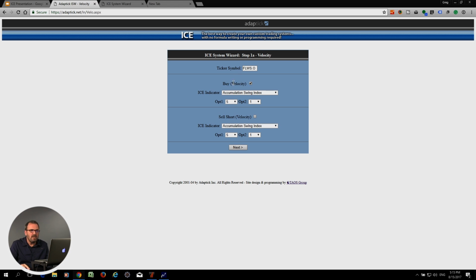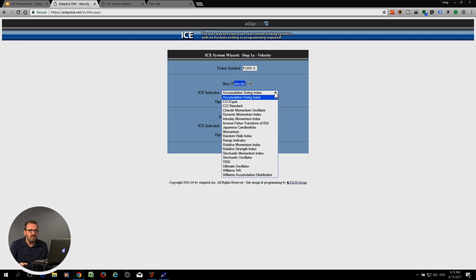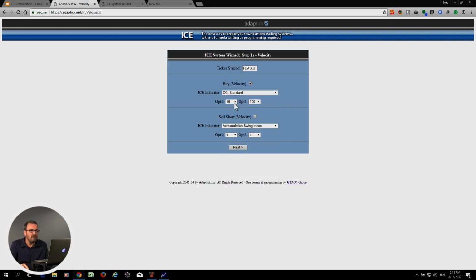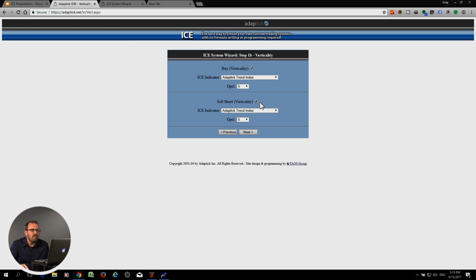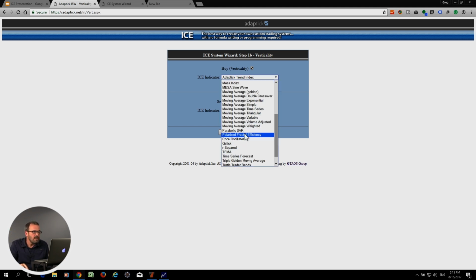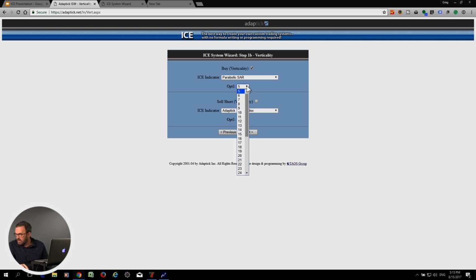And in this case, you'll see the first one's velocity, and it tells you, well, what test did it determine was the best for velocity? And in our case, that was CCI standard. So you click CCI standard, and then it asks for the optimizations, which variations were most successful, 10 and 150, I beg your pardon. All right, and then you click next. And the next, it says, well, what were the best optimizations for the verticality test? In our case, verticality was parabolic SAR, which you do the pull-down menu, and you say parabolic SAR, and you say what the parabolic SAR was, which was, in our case, 11,